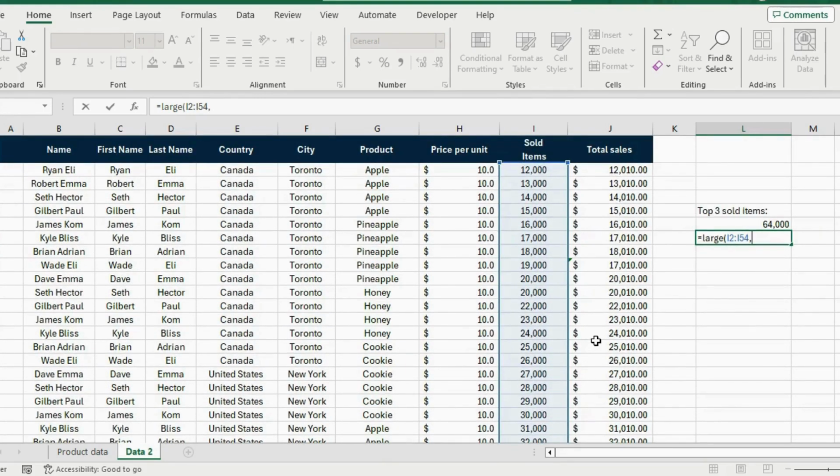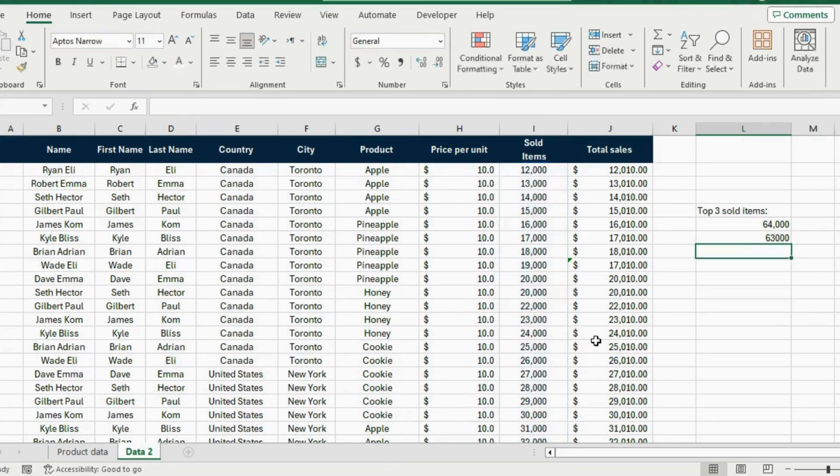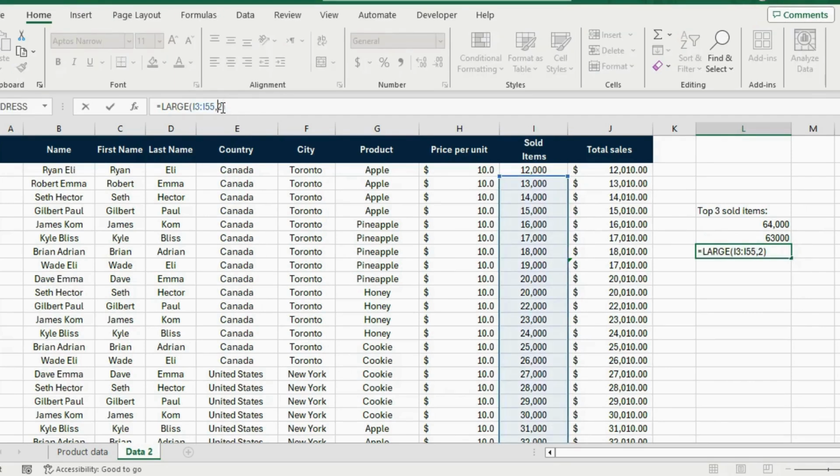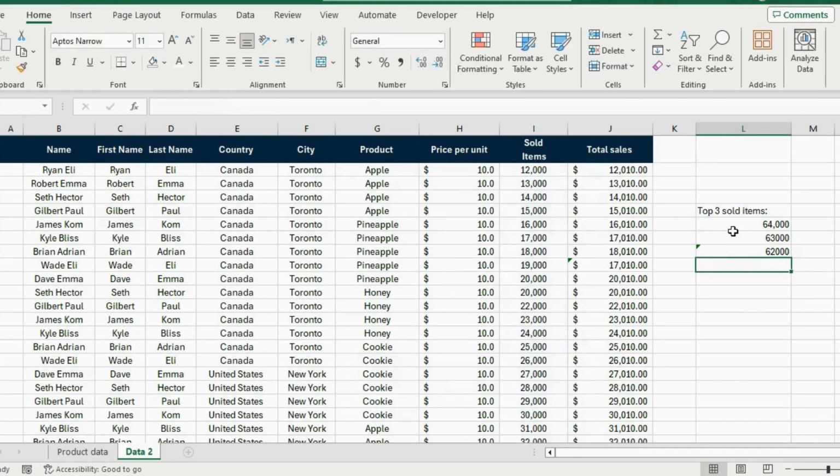Close those brackets and hit enter. And for the third one, we are just gonna copy the cell down, and then within it, we just have to change the number from 2 to 3. Just like that, we have the top 3. And finally, as the number 1,